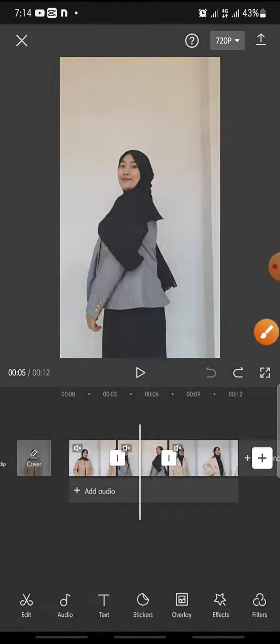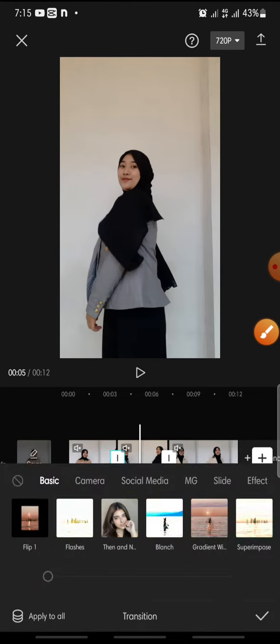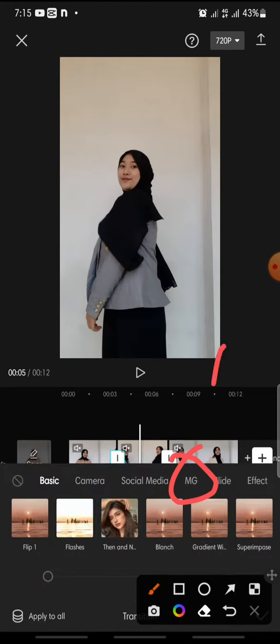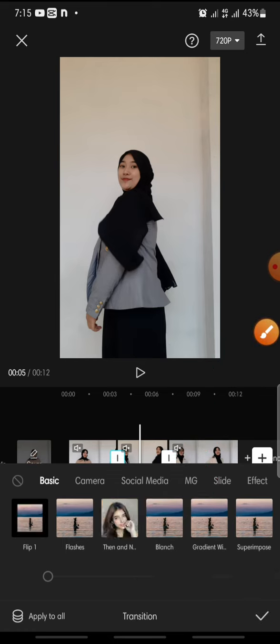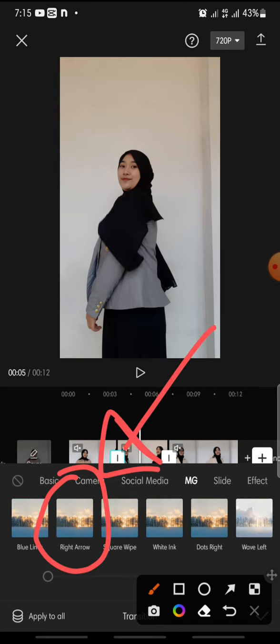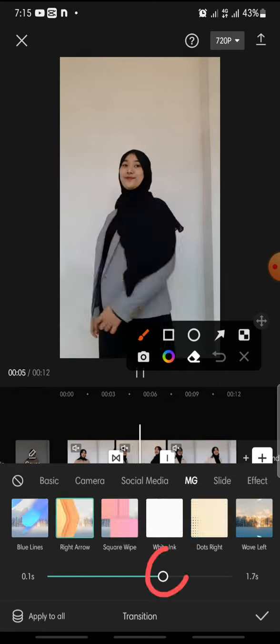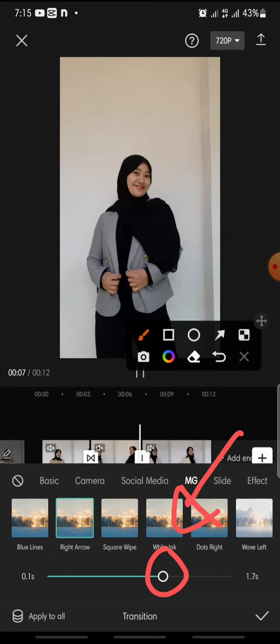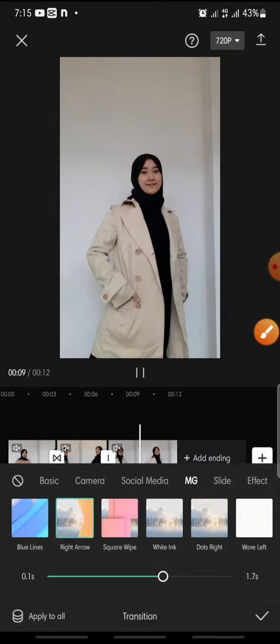on it. And after this, you can click on the MG. This is the MG, click on it, and in here you can click on right arrow, click on it, and after this you can set the duration for the transition effect. Just swipe left or right this icon like this,